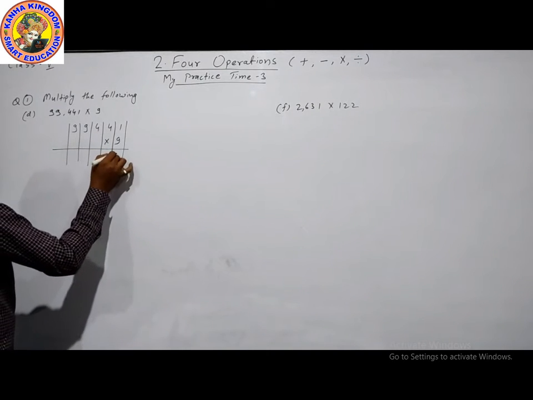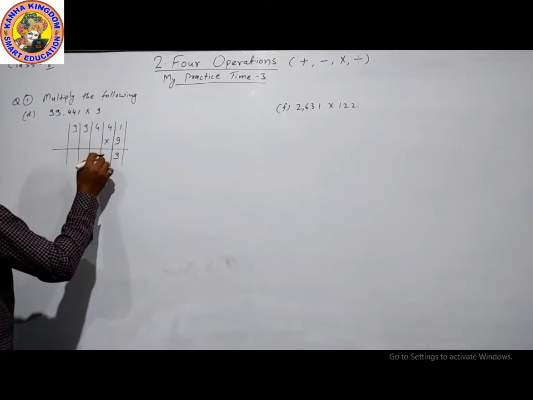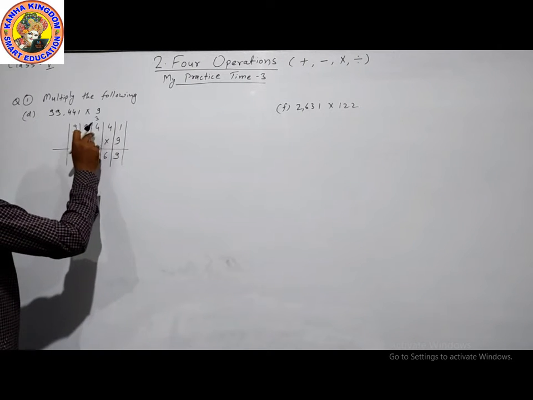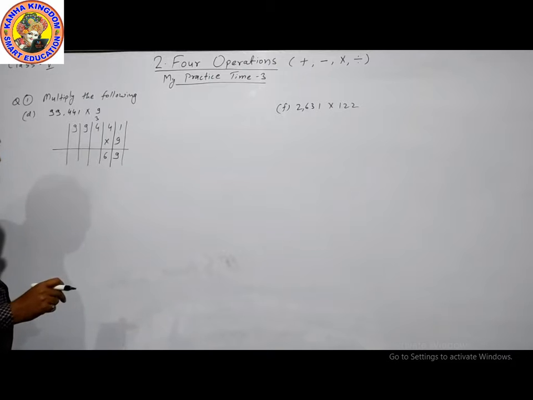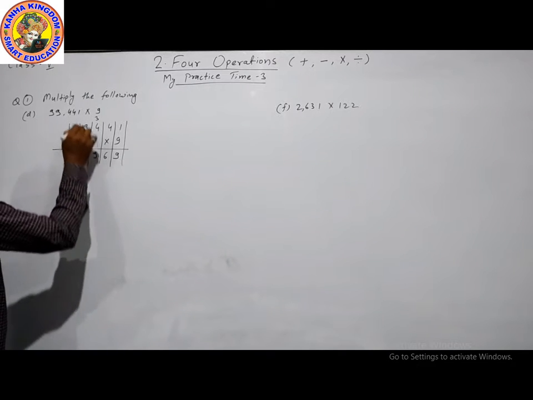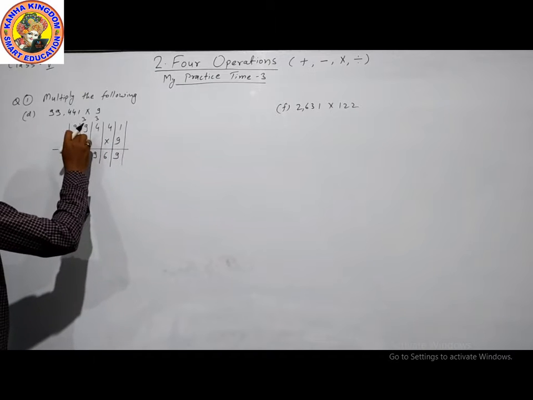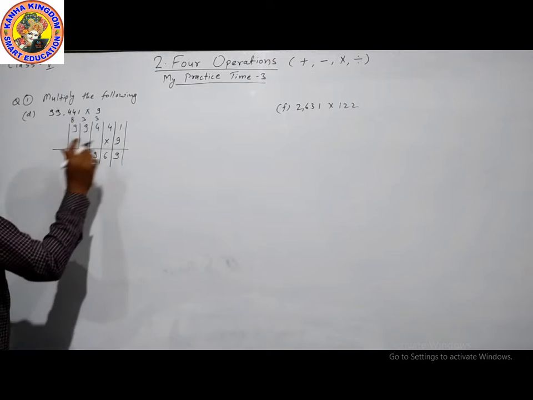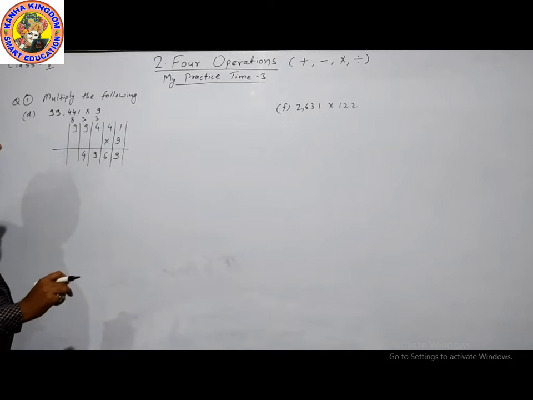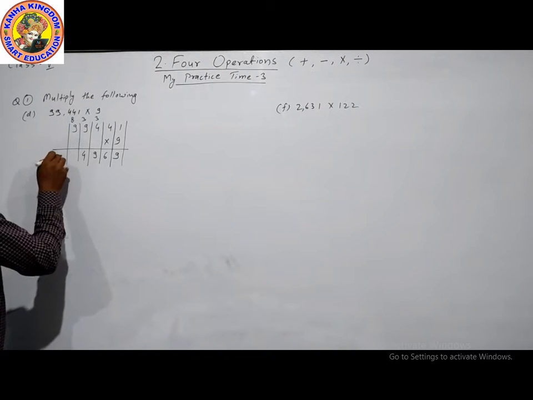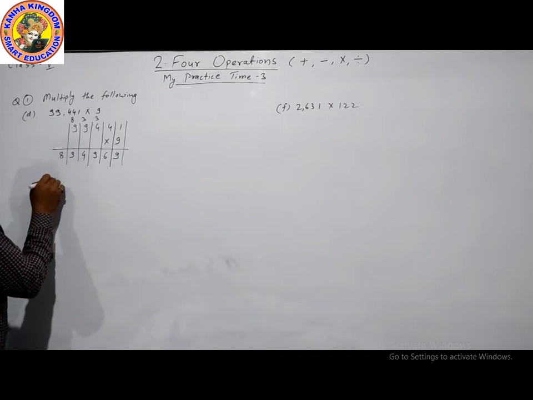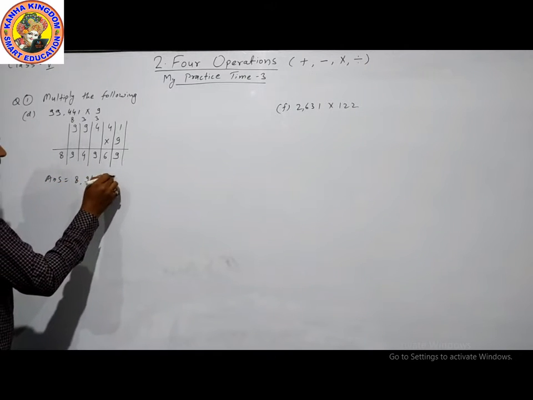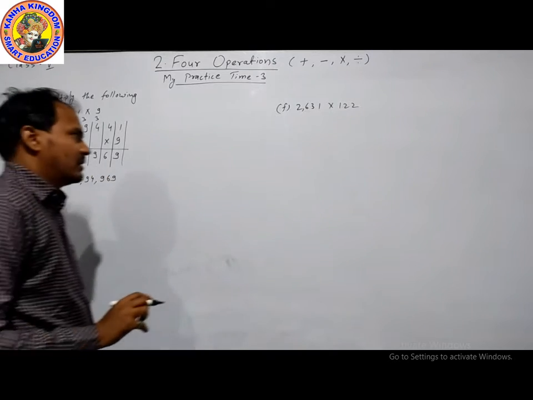9 will multiply by 1, 9. 9 into 4, 36. 3 is the carry point. 9 into 4, 36 plus 3, 39. So this one, 9 into 9, 81 plus 3, 84. 84. 9 into 9, 81. 81 plus 8, 89. 89. So our answer is 894969. This is our answer.